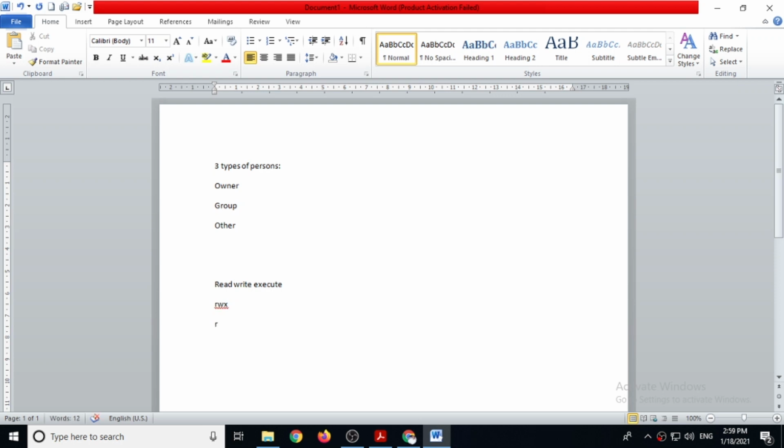Now suppose it shows rw-, it means read and write permission is there, but execute permission is not there. Then if it shows r--, it means there is only read permission for the file, and write permission and execute permission are not there. This way we can come to know the permissions of a particular file.